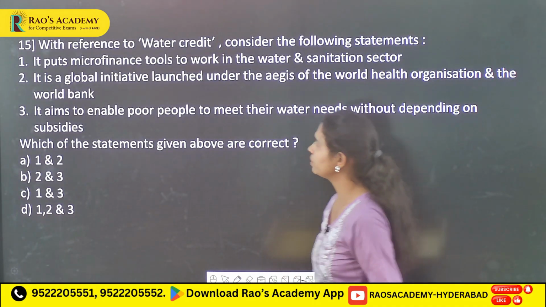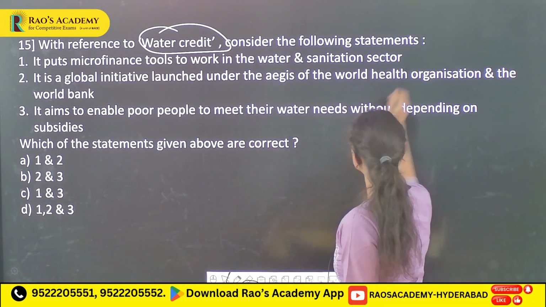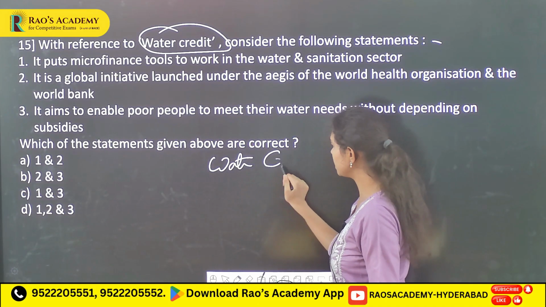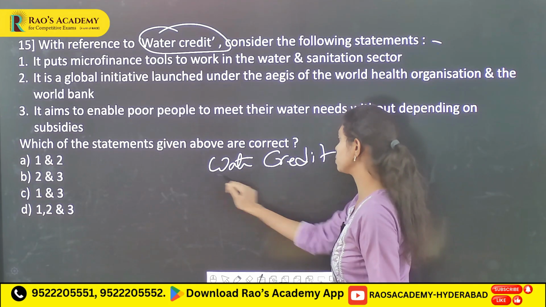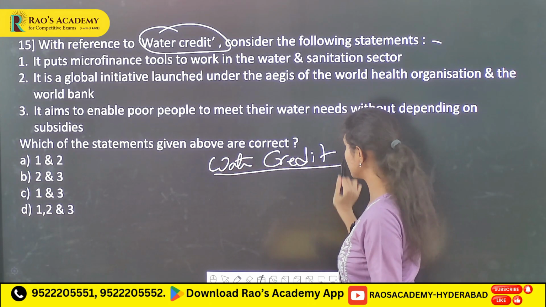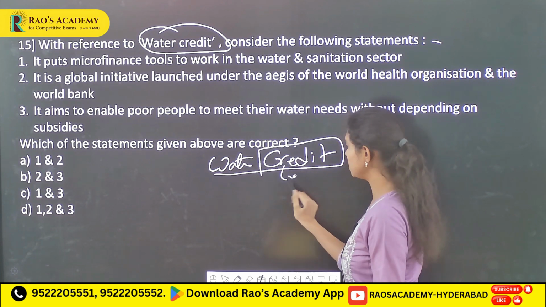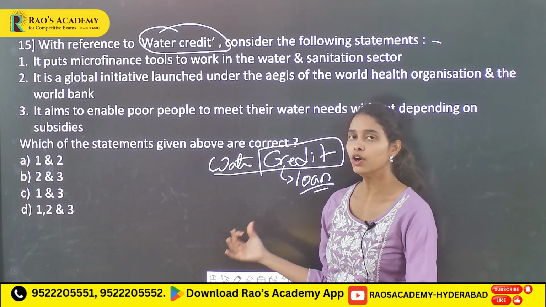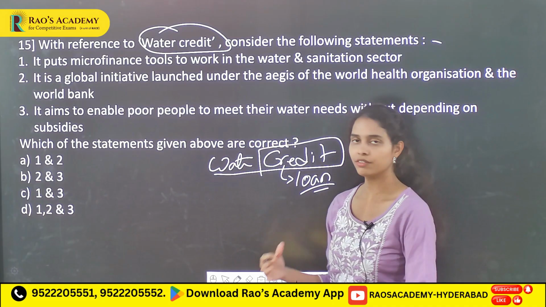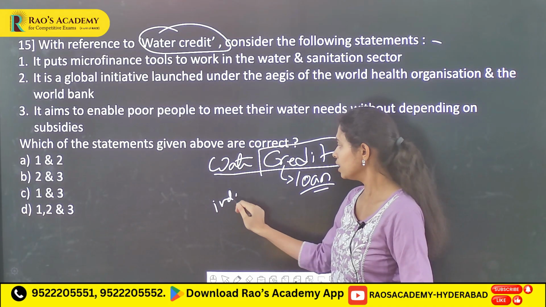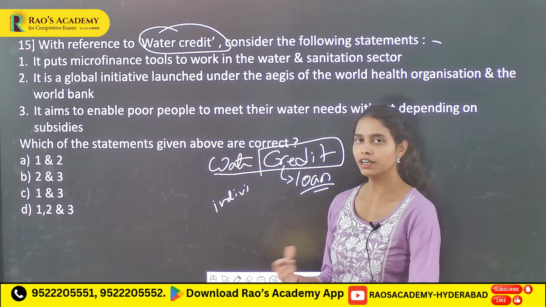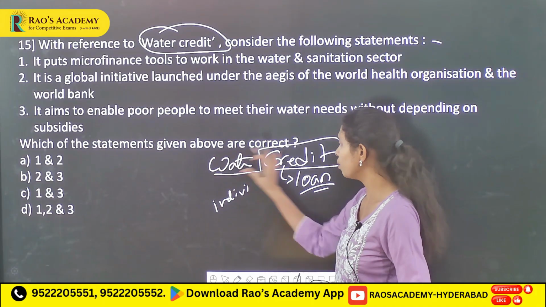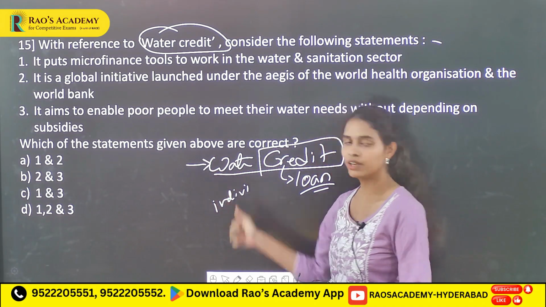Then followed by, with reference to water credit, consider the following statements. So before getting into the statements, you have to understand what this particular term, water credit, actually refers to. From the name itself you can understand that it is talking about credit, which is a technical term for loan, right? So here the banks will give loans or credit to different individuals in order to help them overcome the different problems with regard to water as well as sanitation. And also this water credit program is a microfinance tool